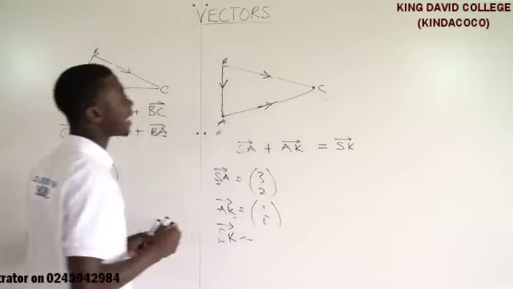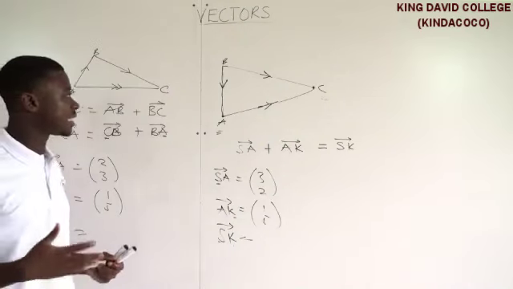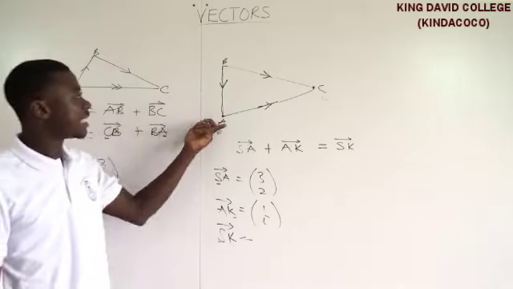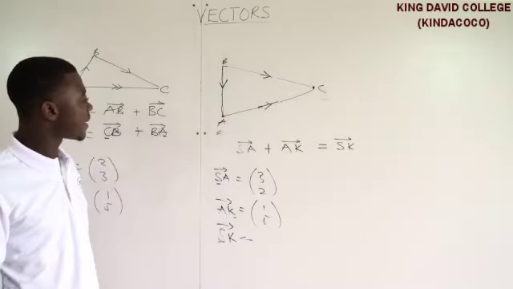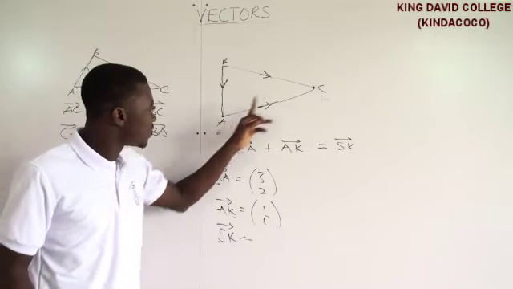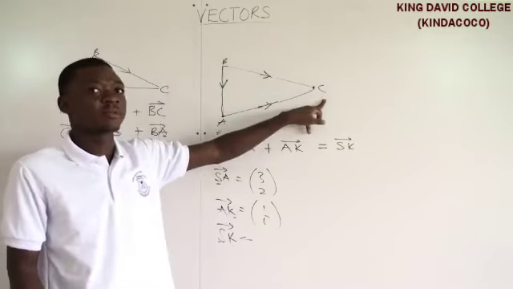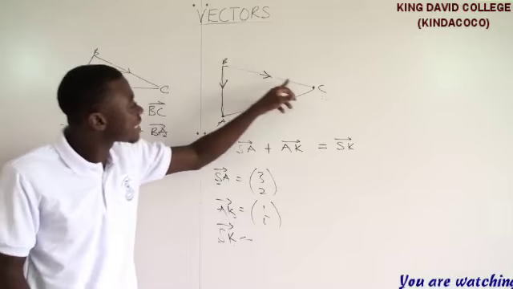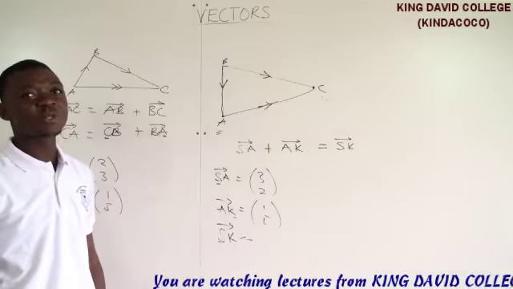Now, if you look at this journey, you will know that something is wrong with it. This is not the type of journey we explained earlier. We said the journey is always starting from A and then coming to a specific destination. So moving from here to here should be the same as moving from this place to this place. But what we are rather having is moving from here, moving from here. That means that this one is in the right direction, but this particular vector is in the opposite